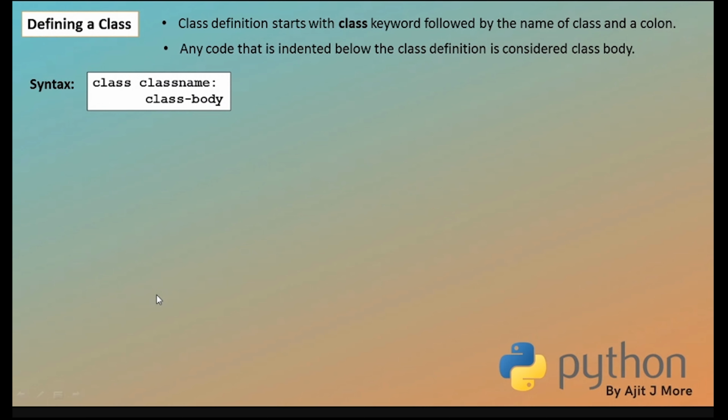We are understanding the syntax of the class. Keyword class, then the class name. It has to be a valid Python identifier. Okay, it should be a legal identifier. And then the class body. Now, commonly, class body will contain data, which is the characteristic of that object, and it will contain methods, that is functions, in which that data will get accessed or manipulated. Isn't it?